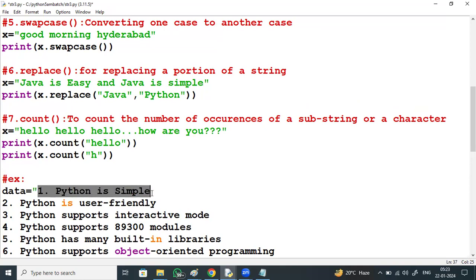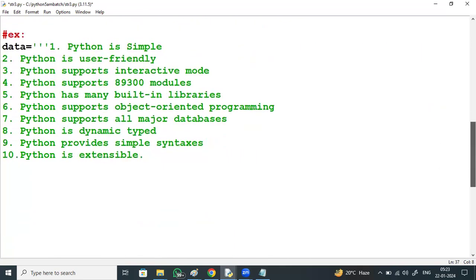Because double quotes are for single-line strings only. If I use triple quotes, then it works for multiple lines. See, all the lines appear in green color. So whenever you want to represent multiple lines of string, go for triple quotes.